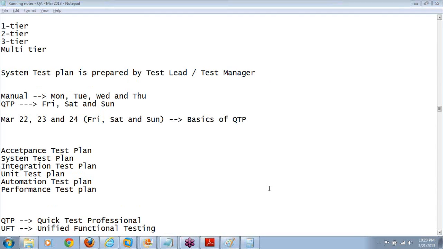Rashi is asking, when does the tester role start in SDLC? This is a good question, Rashi. It is nice to start the tester's role from day one, at the beginning of the life cycle. But certain life cycles prevent the tester from starting then. For example, in the waterfall model, testers will start in the latter stages of the life cycle. We will discuss that slowly. But if it is a V life cycle, the tester will start from the first day of the life cycle. Here, if no questions, I would like to see some